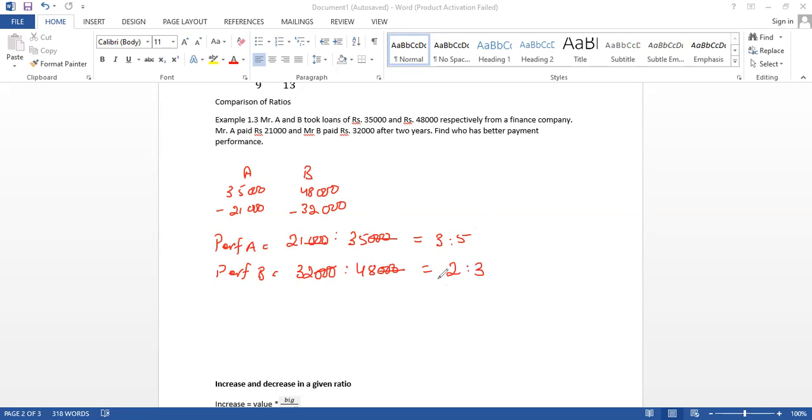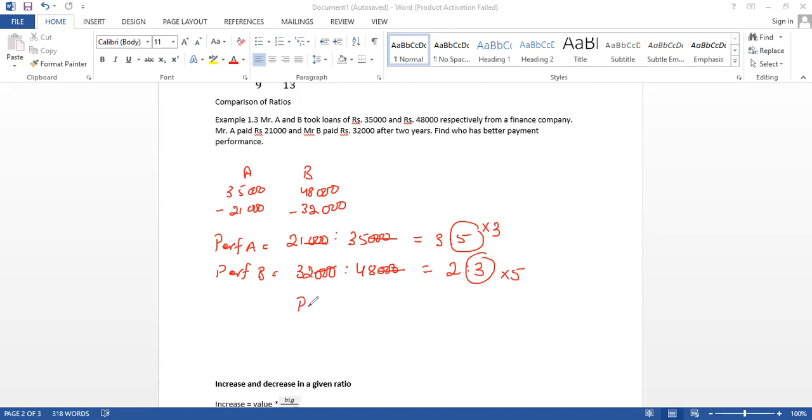And from here, we can simplify it to 2:3. Now we need to compare both of the ratios, but the problem is that for comparison to occur, something in the ratio should be common. For example, either the antecedent should be common or the consequent should be common. So in order to do the comparison, we're going to make the consequent over here common. For that, we're going to take the LCM. So we know that we want to convert this into a common number. So we want to make this and this into common. So if we multiply this by 3 and if we multiply this ratio by 5, we will convert it into